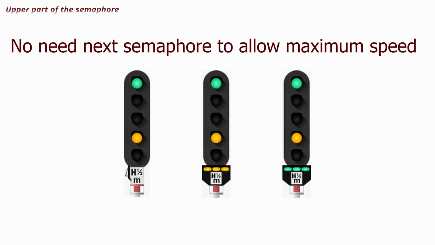I said earlier that the upper green light could mean that there is no next associated semaphore. Indeed, the next signal often shows the speed limit at the bottom and the green light at the top. Such a semaphore should be read as current speed limit on switches. After the entire train has passed through the last switch, drive at the maximum permitted speed. There is no next semaphore nearby, so you may drive at the maximum permitted speed.